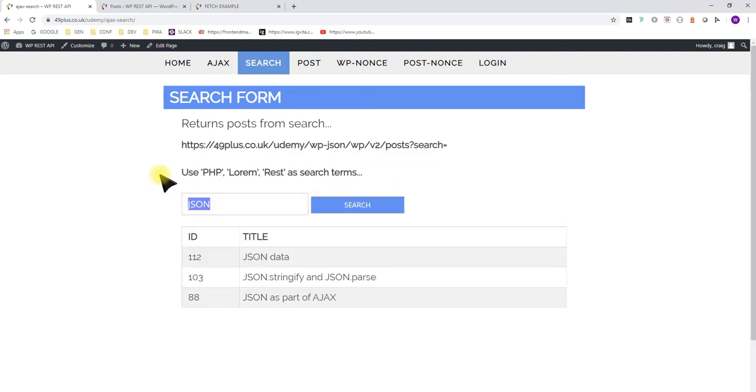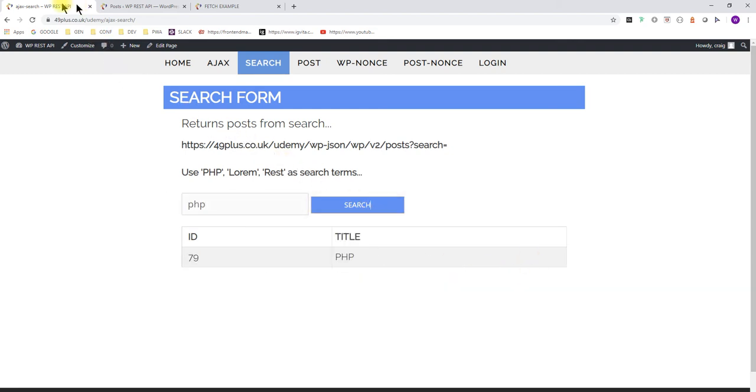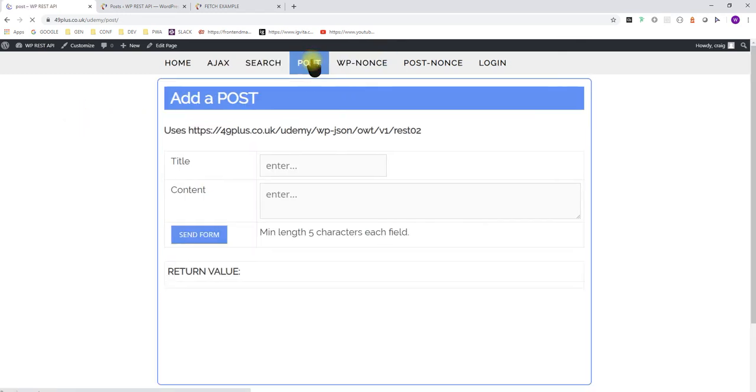If we take it something different and try PHP, we're getting it back, and what you can notice is we're not refreshing the page at all. It's all being done on the client side, so the round trip is not for the full page but just for the element we need. We will look at how we can post information while we're doing a title and content for this course into the posts. So let's do a little test here